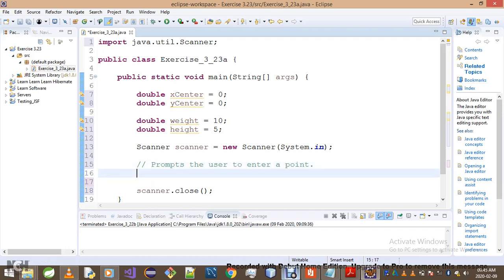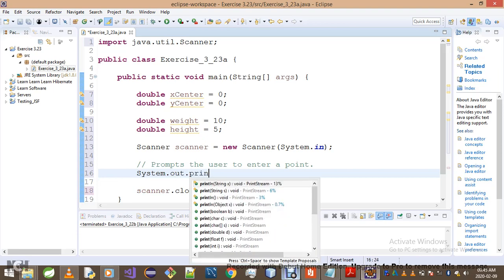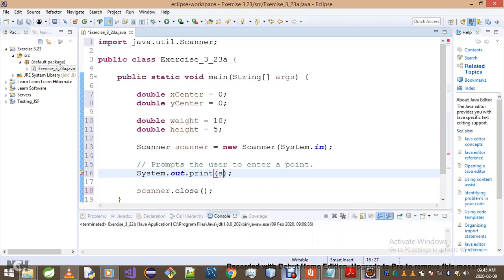I seem to always forget a P when writing the word prompts. System.out.print, I'll simply go enter a point